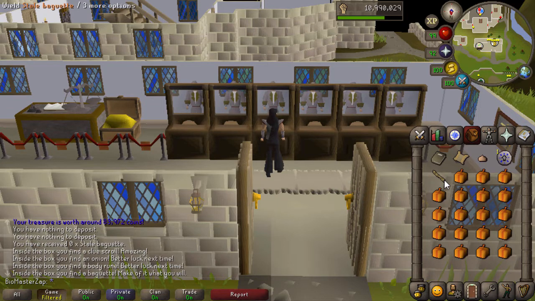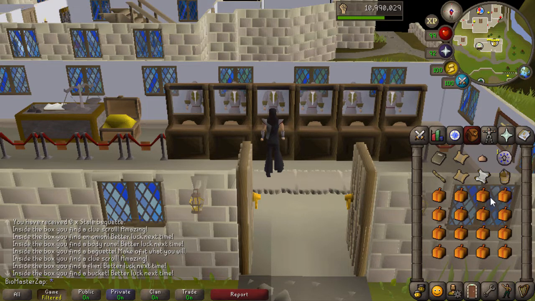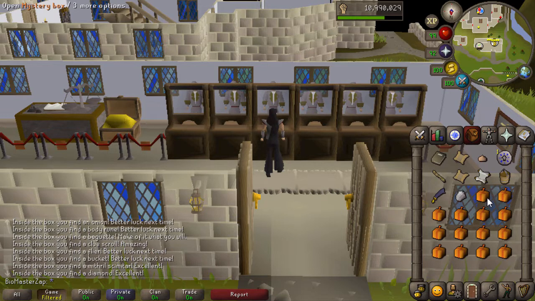Wow. So that is 1 in 256, and normally that's not a super rare drop, but because of how rare these boxes are, that's pretty rare. And I got a medium clue. And, I mean, overall, these boxes kind of aren't that great, but...